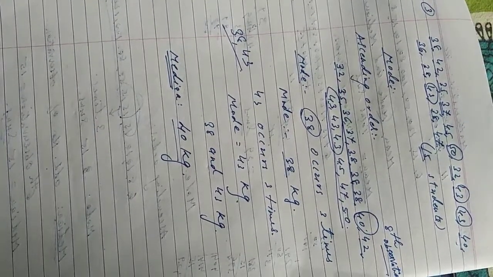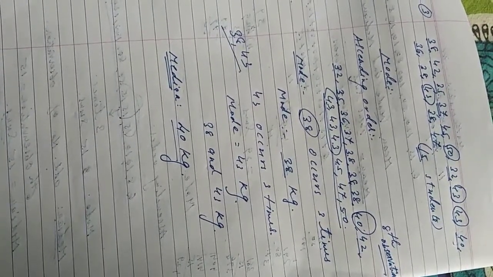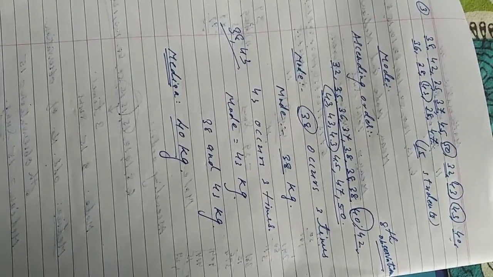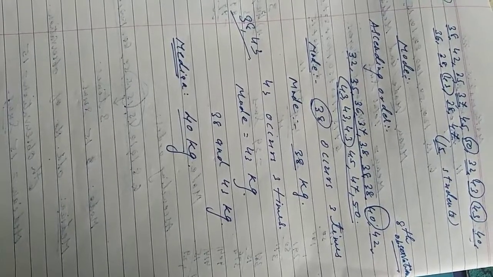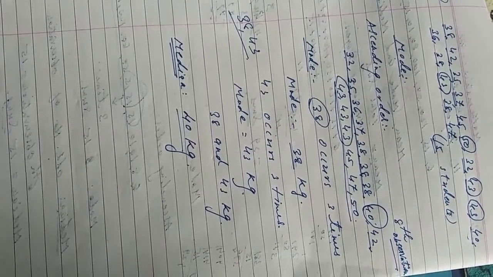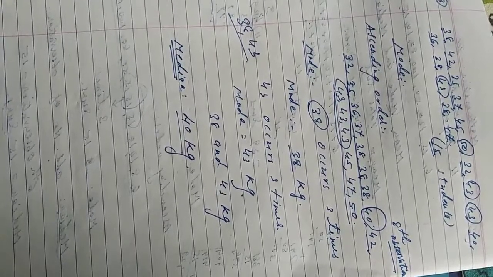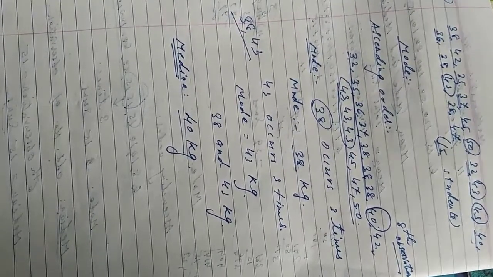Now second, the mean is one of the numbers in a data. No, it is false, because for the mean, what do we do? We find the average. So it is not necessary every time that we get a number which was observed. Now third, the median is always one of the numbers in a data. The statement is false. It is true only if the number of observations is odd. If we have an even number of observations, then it is false. Got it?